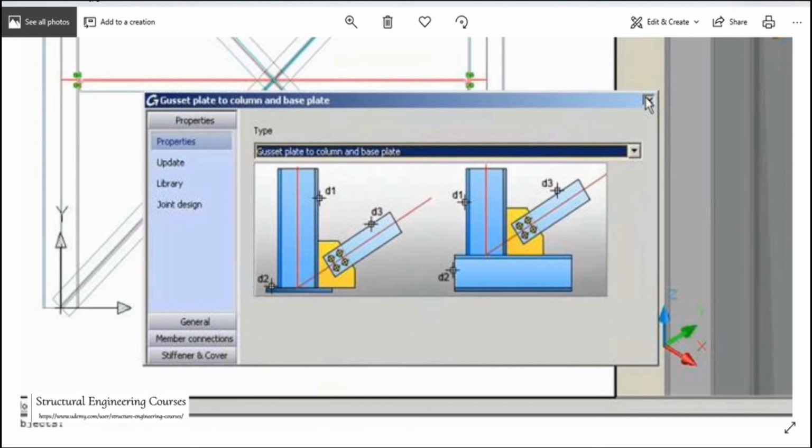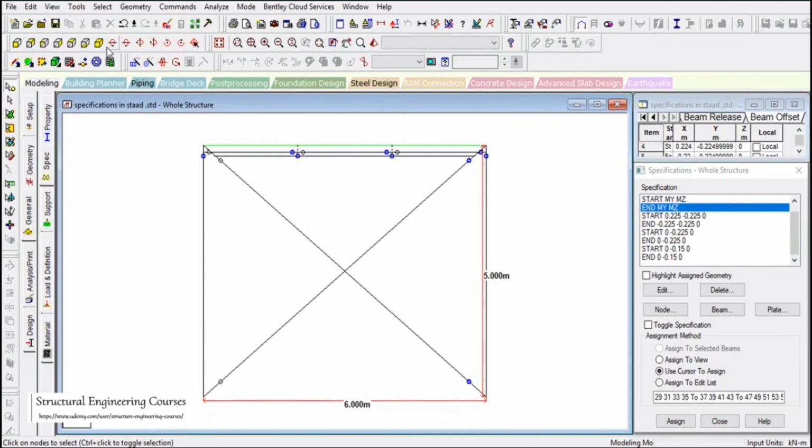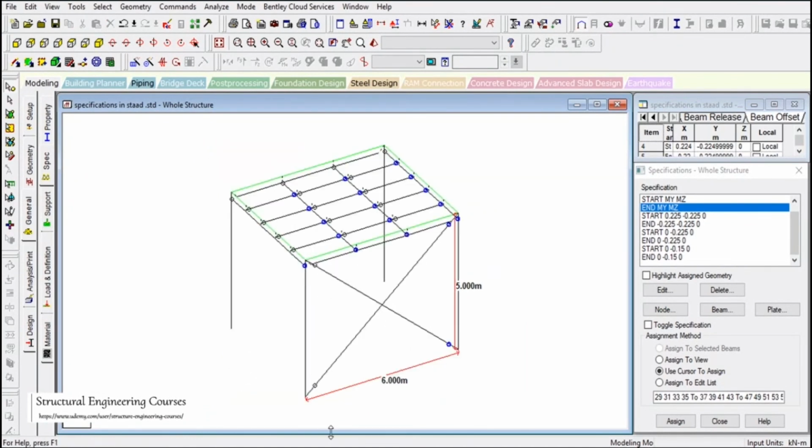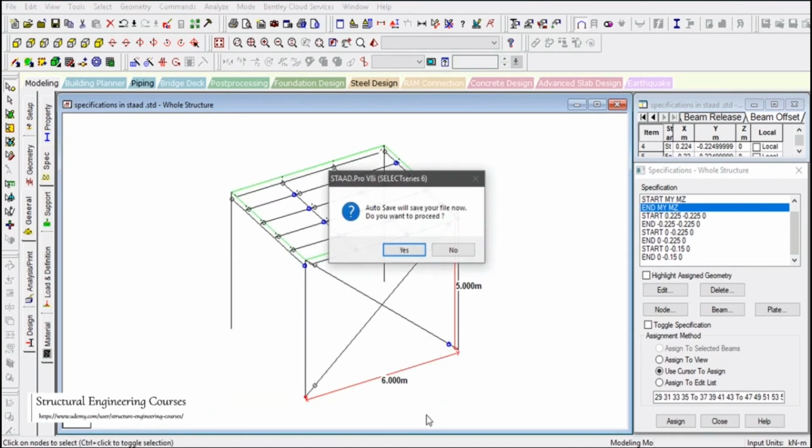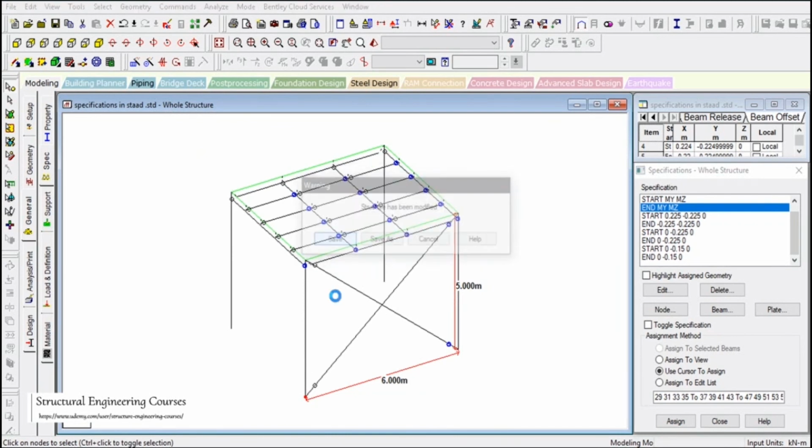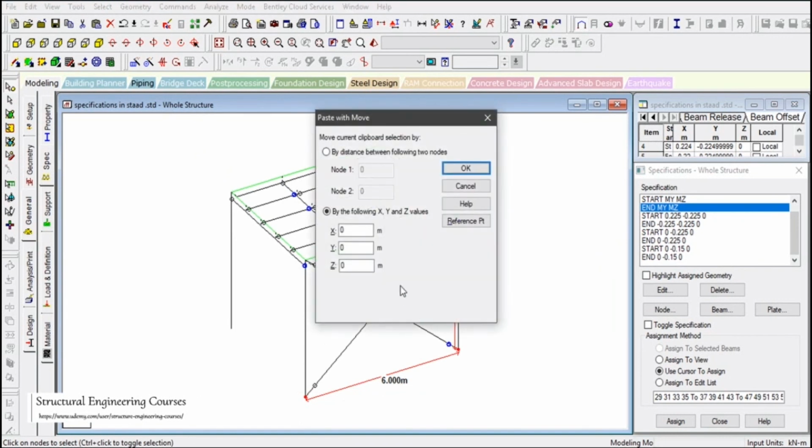What we need to do is introduce a joint here, a small joint. So let us say the fabricator is saying that he needs to offset the bracing column connection by, sorry, plus 0.4 meter.